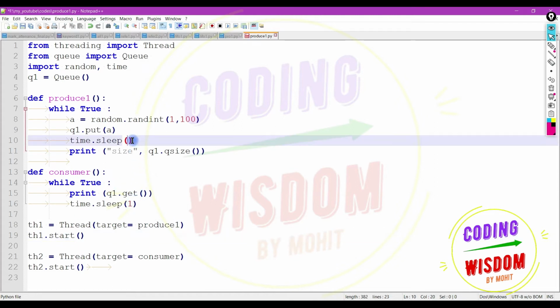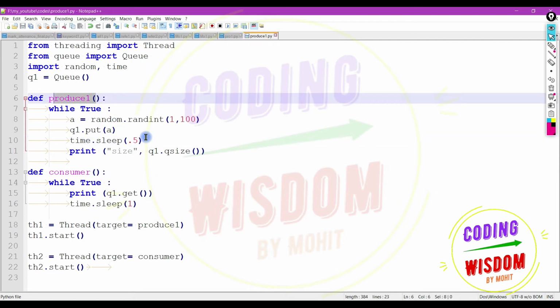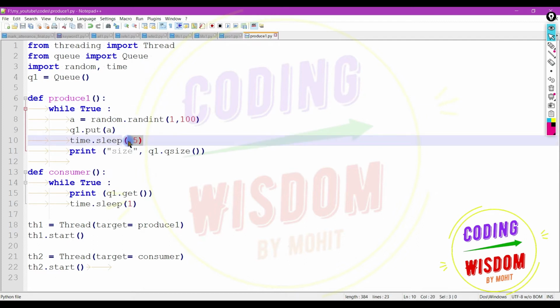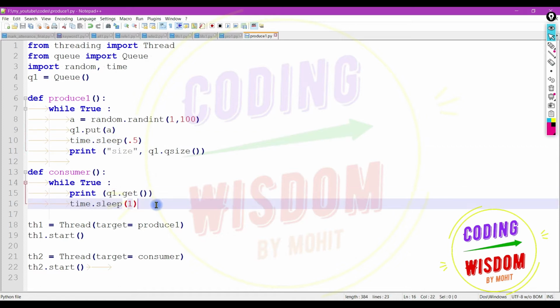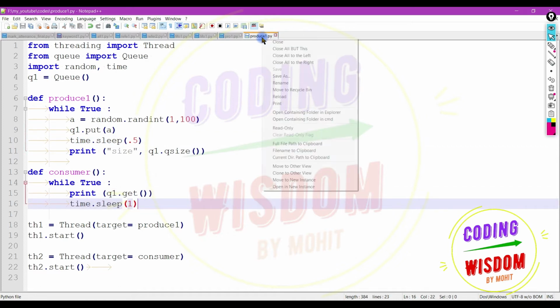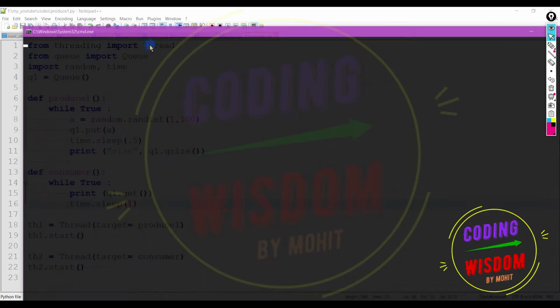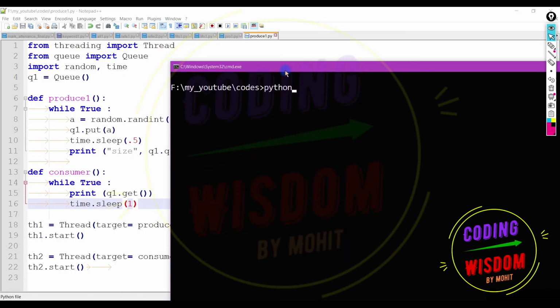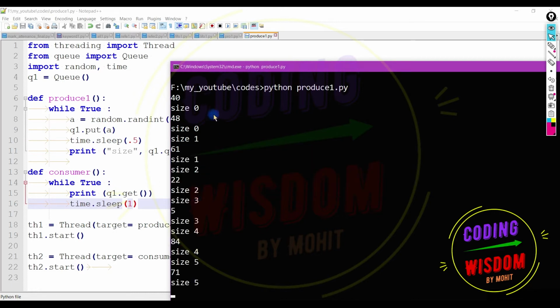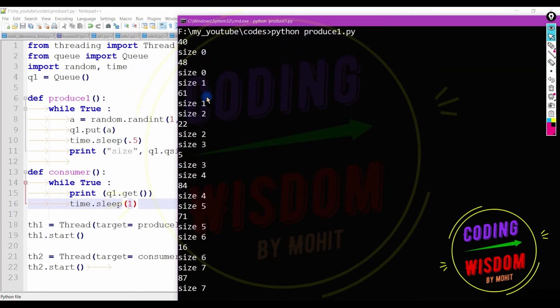If I create a 0.5 second time gap, the producer is producing at the rate of half a second and the consumer consumes at the rate of 1 second. You can see the size is increasing here. A lot of integers are accumulating in the queue.